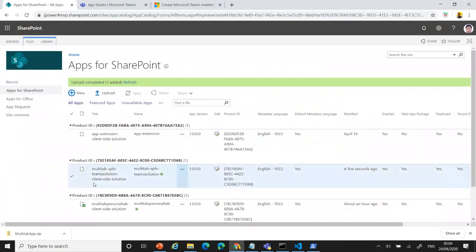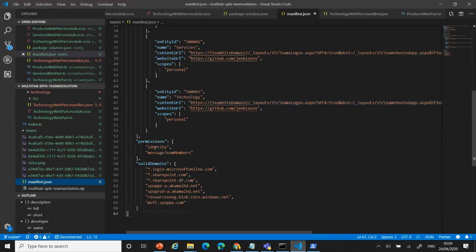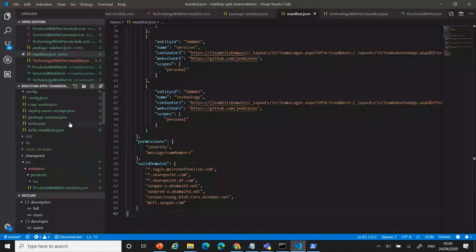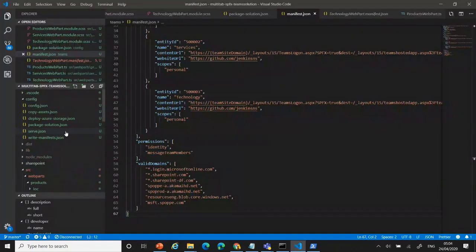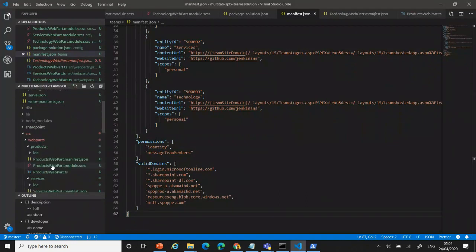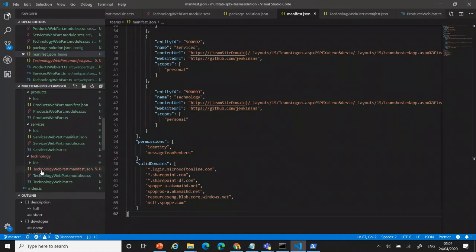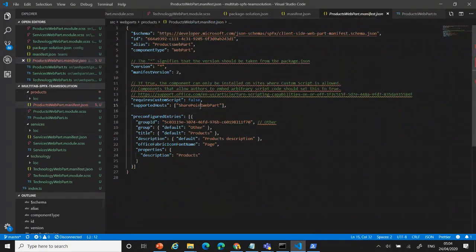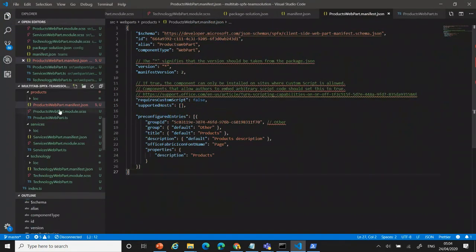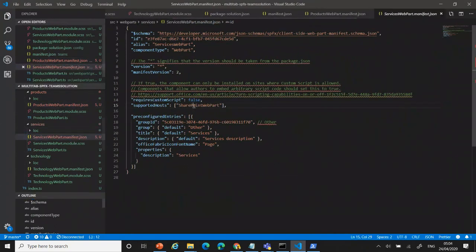We got it. One more thing you need to do. I think I missed that. Anyway, I'll show you. Because of this, you don't want the web part in SharePoint, right? If you want, then you can do that. Otherwise, you can directly bring that. What I do is, in every web part JSON file, you can see the SharePoint web part. Just remove that if you don't want it, only for the Teams part. You can do it like this, save, and then I can go to this other web part and remove that.